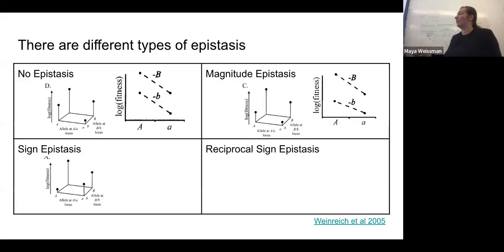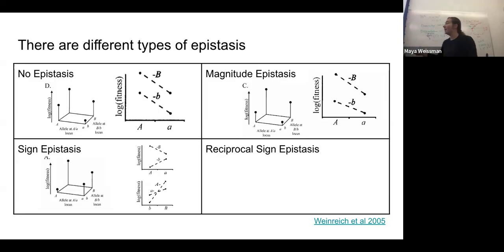So in this case, you might see a fitness landscape that looks something like this, where going from little a to big A is deleterious sometimes, but beneficial other times. So in that case, you will see a fitness landscape that looks something like this, where for both the B, whether or not you plot it as little b, big B on the x-axis, or big A, little a on the x-axis,